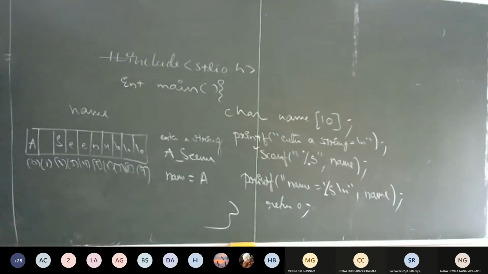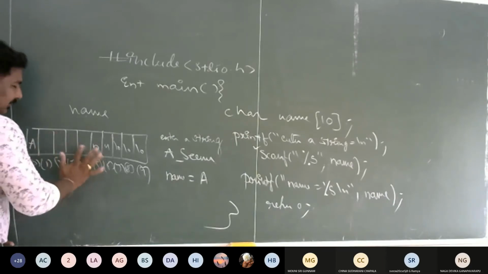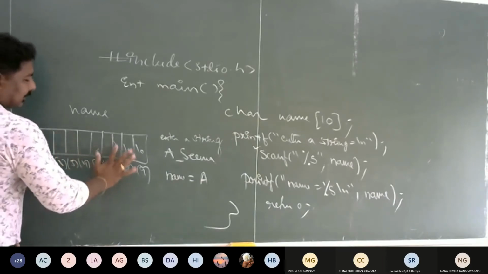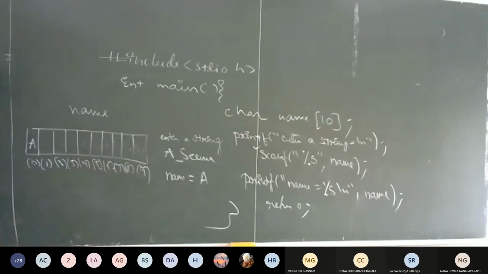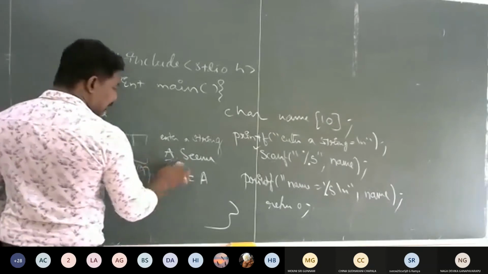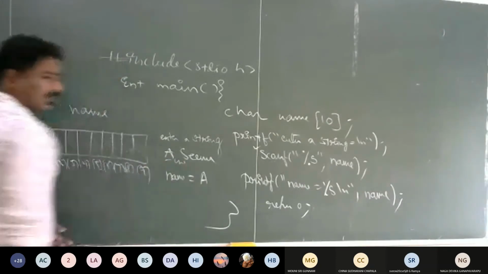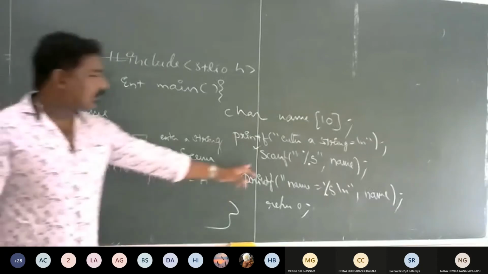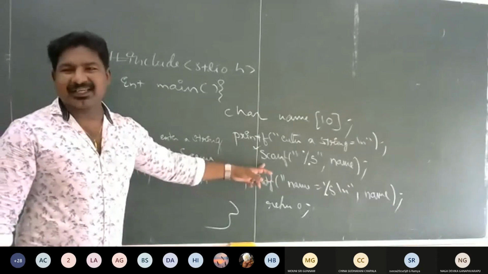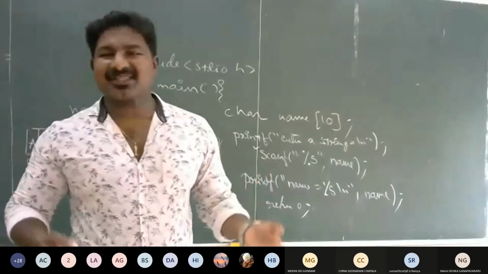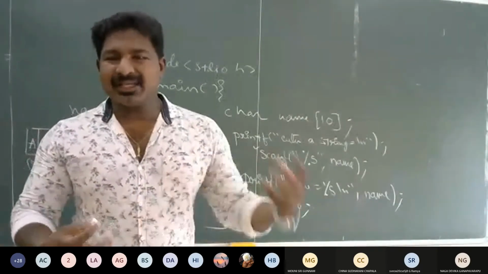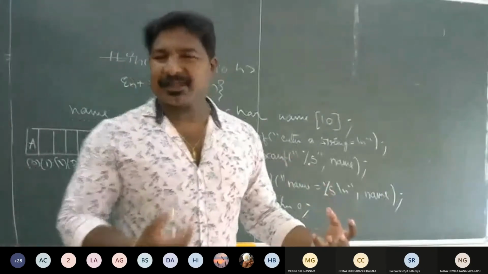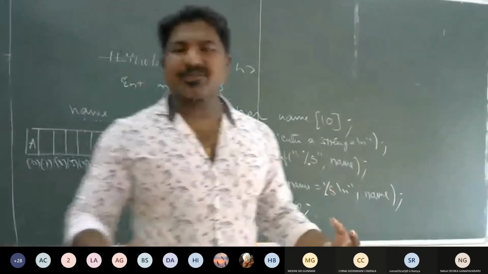When you are reading, there itself the rest is not read by your scanf function. It only reads the A. Why that A? Because when you put a space in your string, scanf has a problem: it cannot read a string with spaces. Whenever you give a string with a space and remaining string, it thinks that the space is the end of the string and stops over there.